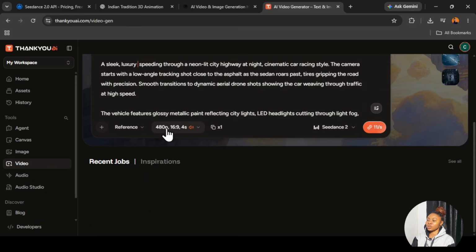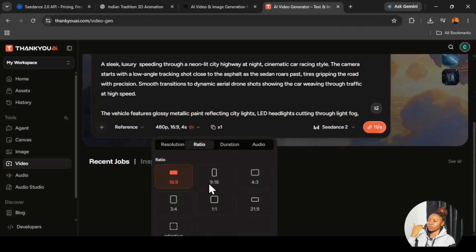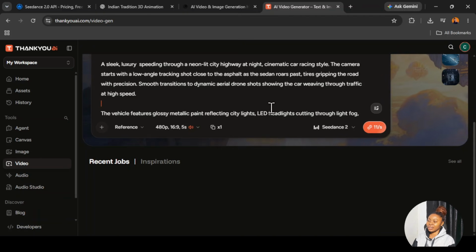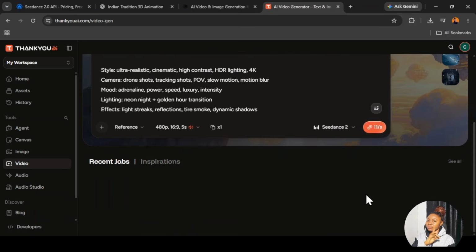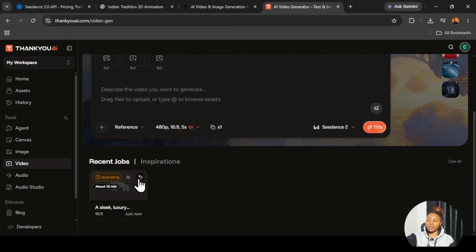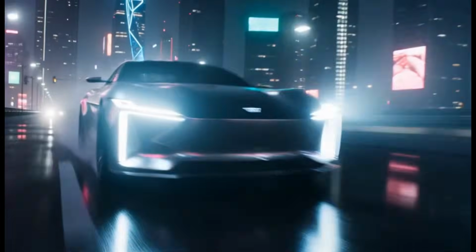If we increase the resolution, it's going to increase. All right, it's going to increase for a 4 seconds video. So I'm going to increase that to at least 5 seconds, right? Okay, awesome. So 11 credit per second, and of course let's send it. Now I'm sending only one variation. Your task is running, so we are going to see it popping up here. The result is here. Play it, preview it, and if you like the output,